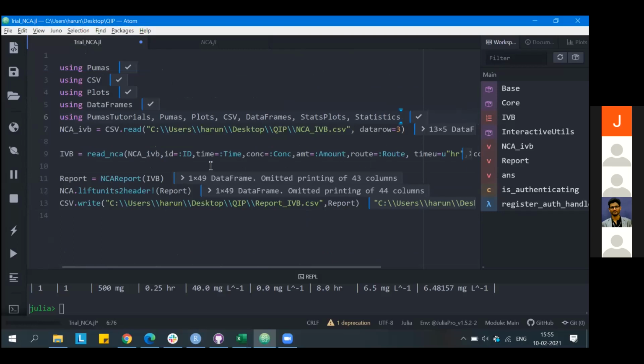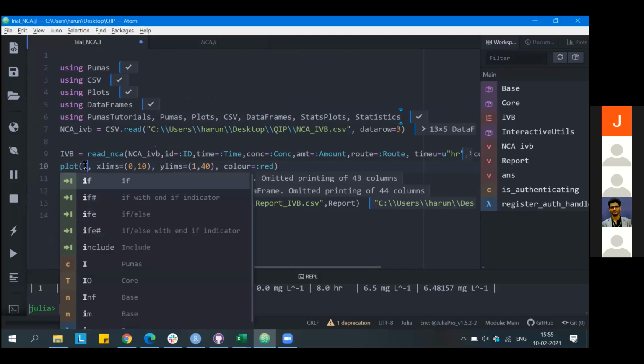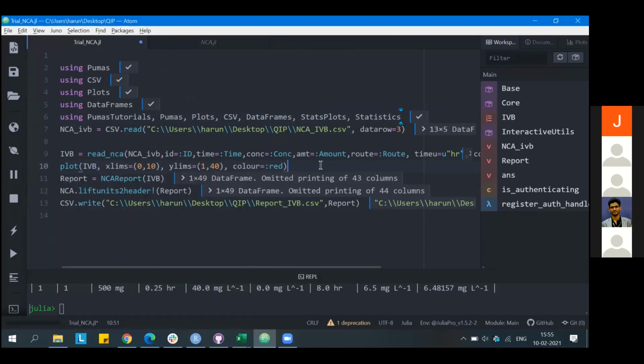Once you have parsed the data and converted it into an NCA subject, by default it will give you a normal plot, a logarithmic plot and a semi-logarithmic plot.